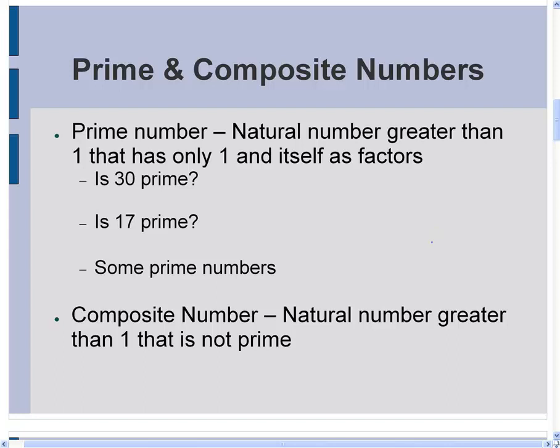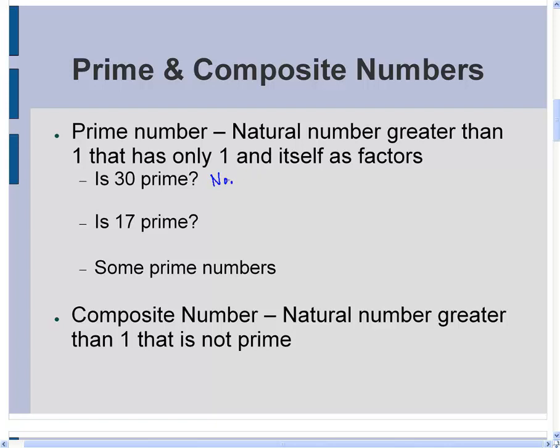So now that we have defined the basic numbers that we were working with, we can continue by talking about some special subsets of these numbers, the prime numbers and the composite numbers. A prime number is a natural number greater than 1 that only has 1 and itself as factors. So then we might ask ourselves, is 30 a prime number? Well, by definition it is not,